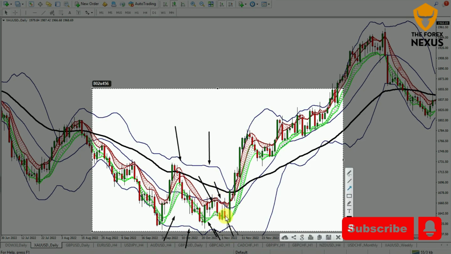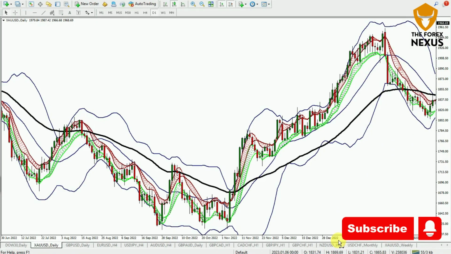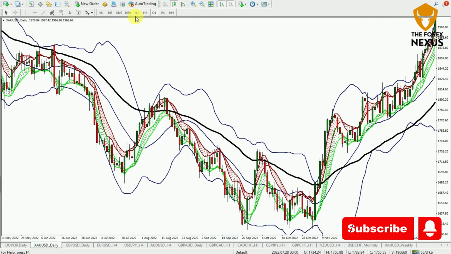Don't buy here, don't sell here, wait for the momentum. When you get the momentum, then you can take a sell or buy, because the powerful re-entries which we are taking are with the help of MA 510 lows,